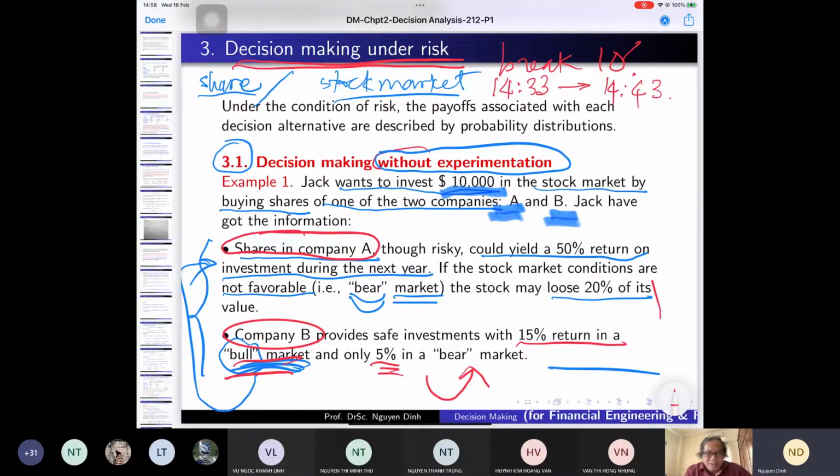But by the way, I just want to tell you, this is without experimentation. Without experimentation means that we base it on the information we have here. But if you want to have some more experimentation, what does it mean? It means that I have $10,000, so now I give $200 or $300 to pay a consultant company, and the company will make an investigation for you.